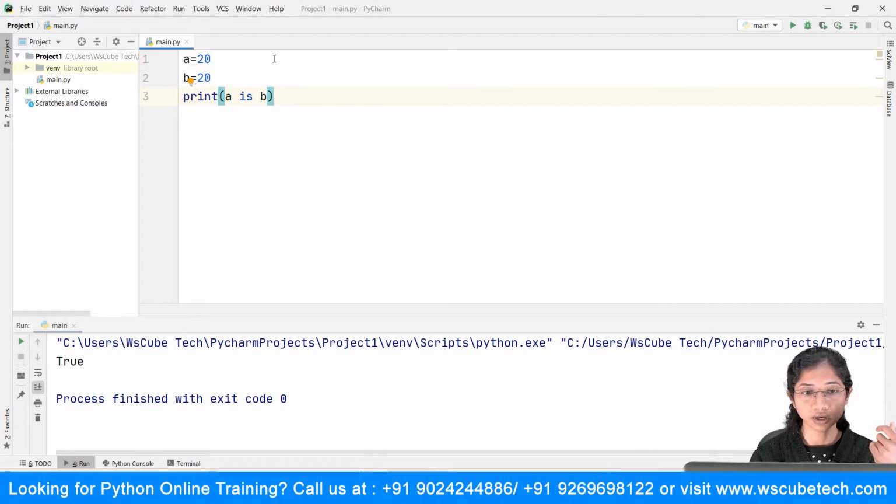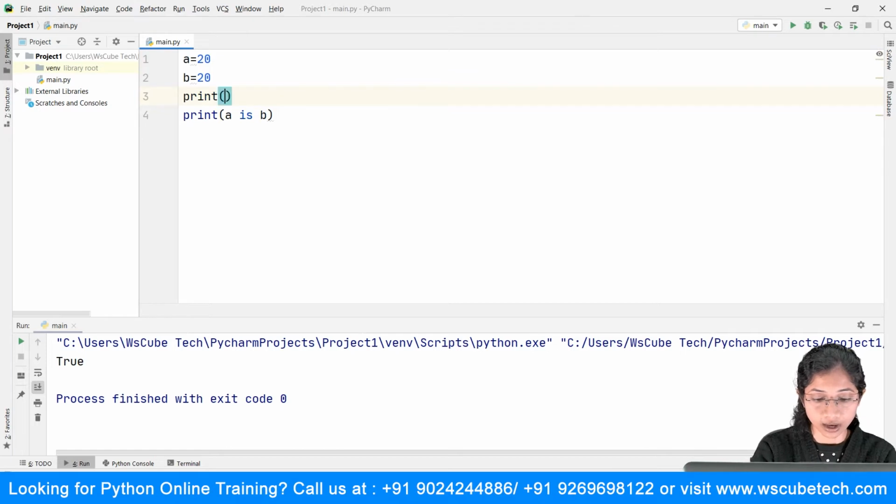I want to show you at what address it is stored, so we make use of the id function. I simply say print id of a, and I also print the id of b, so that you can see the memory address.